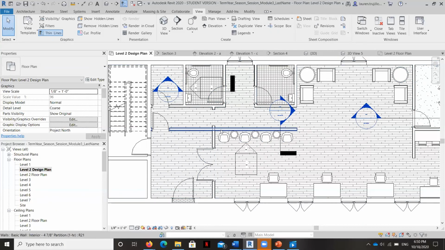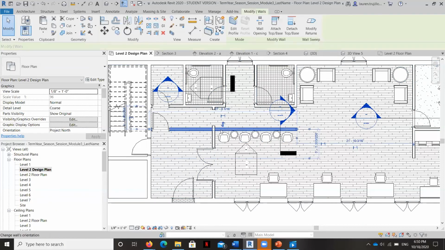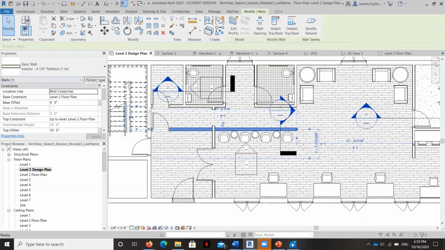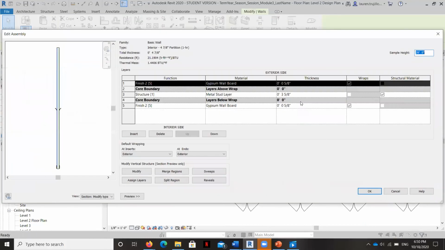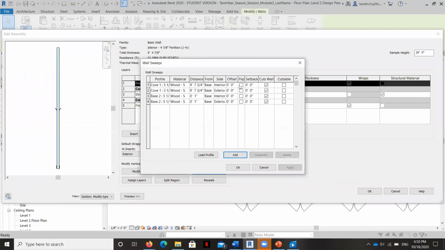But knowing that, what we can do is edit type and drop that offset, because it's not really relevant now, is it? So I'm going to change this to 0.